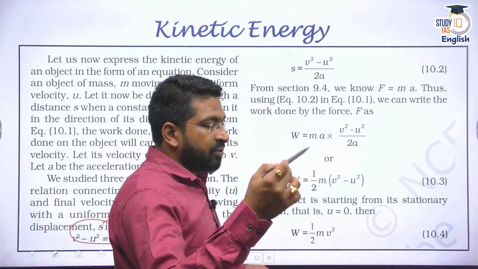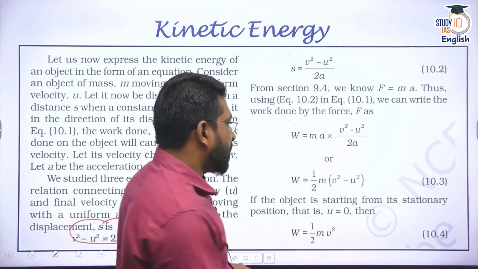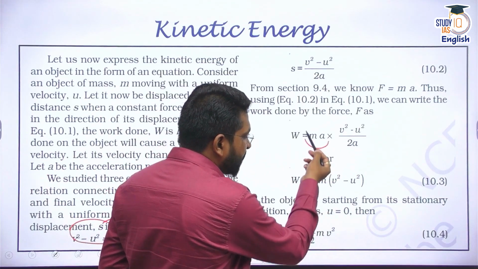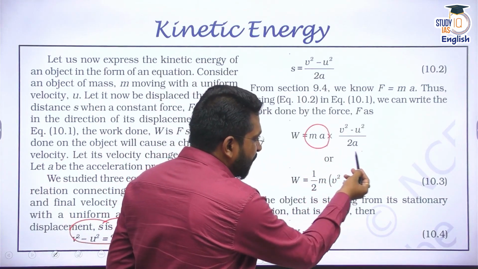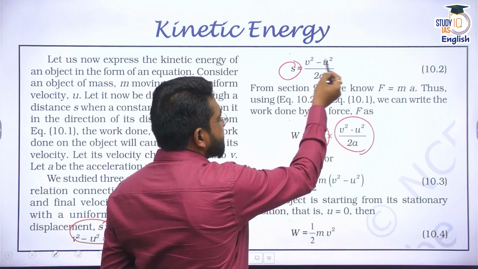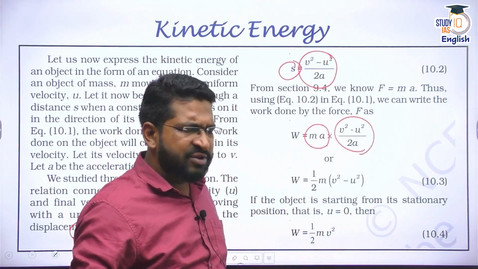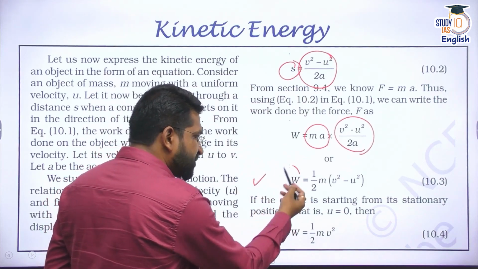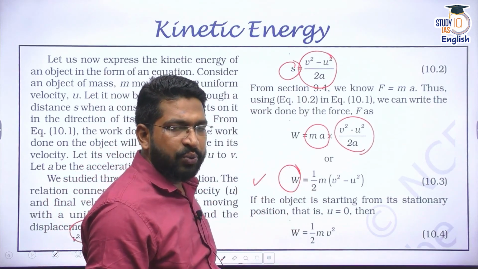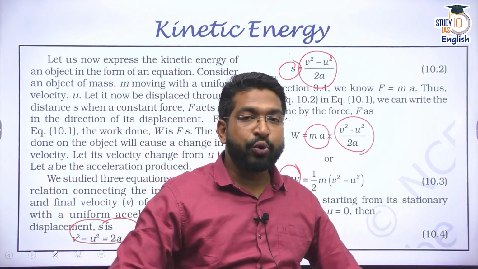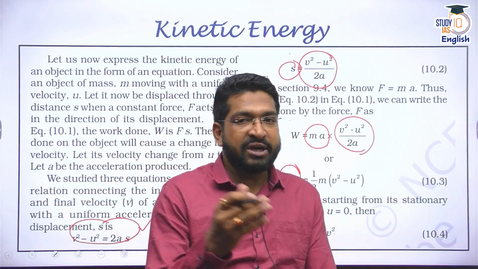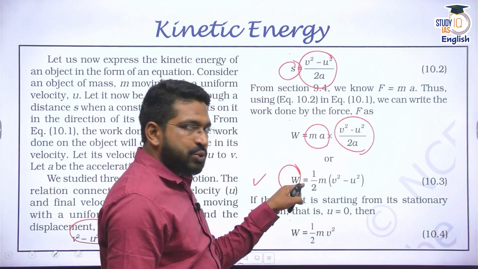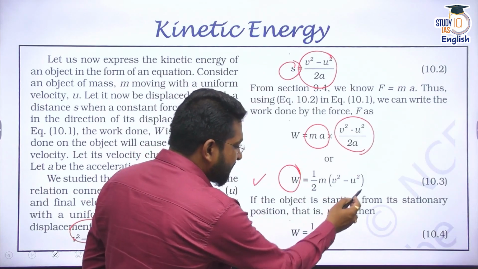Now from this, we do understand that work done is equal to what? Work done is equal to force, mass into acceleration, into the displacement. Now displacement is this. There is no need to focus on the derivation, but I want you to arrive at this particular thing, because energy or work, I told you what is energy. Energy is the ability to do work. So energy and work can be understood synonymously here. So kinetic energy would be this particular entity.